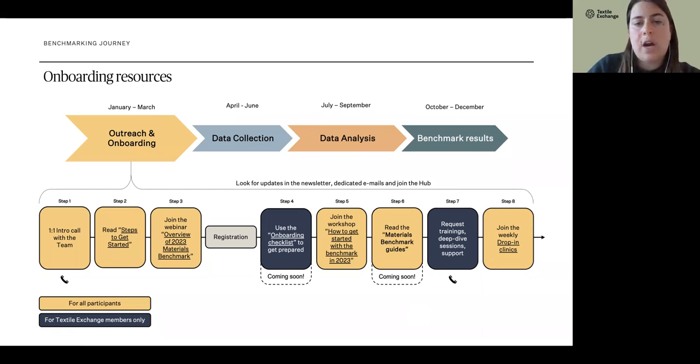The first to get started, so the second step, as you can see, is a new fact sheet that we provided this year, and it provides the what, the why, the who, the when, and the how of the program. It's a high-level overview for those companies who are new to the materials benchmark and want to collect basic information to share maybe internally in the company with new colleagues that don't know the materials benchmark. So we think it's a great tool to start understanding and knowing the program.